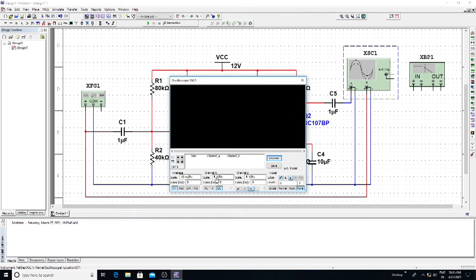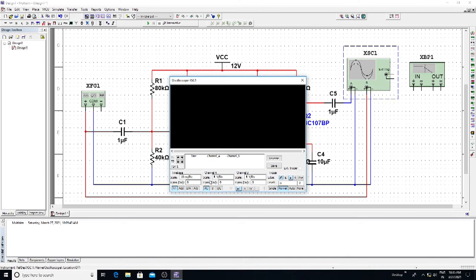If you double click on the oscilloscope, the window will open. Make sure about channel A and channel B: channel A is where we have set the output, and channel B you have set as input. The signal is AC in my CRO, so select AC for channel A, and for channel B select AC as well, in normal mode.